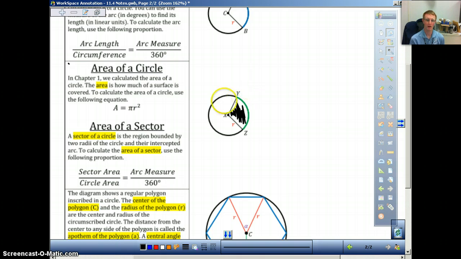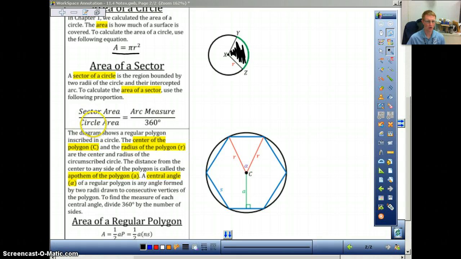Think about it. If I know there's 360 degrees in a circle, whatever fraction of the circle I'm taking up, that fraction times the total area would give me the area of that sector. So you recall the area of a circle is A equals pi r squared. We can use this formula still, just like before. So we find the area of the entire circle, find out what portion of the circle we're dealing with by doing this fraction. So what we're going to say is the area of a sector,